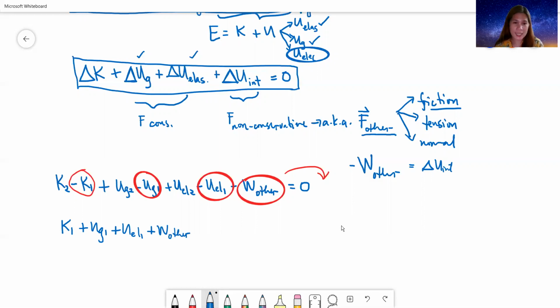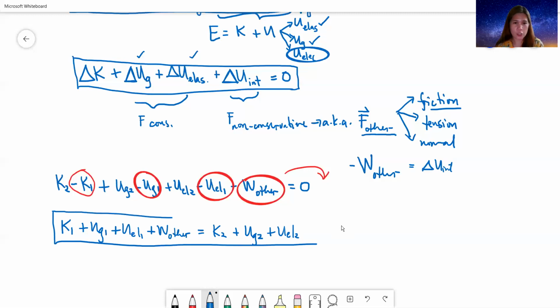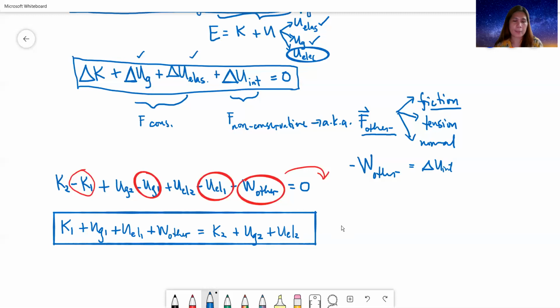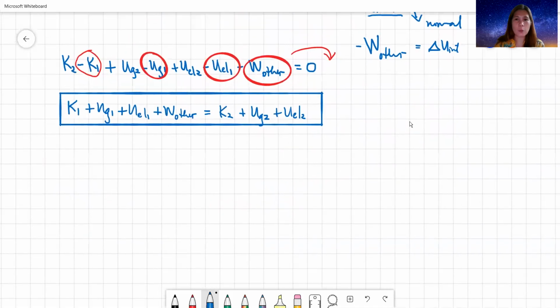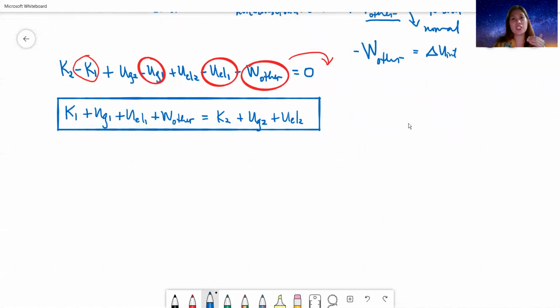Okay? Actually, this is plus or minus, depende sa ano. Pero pag obvious na ang other force is friction, automatically sa equation nyo, ima-minus nyo yan. And then equals, you have your kinetic energy final plus UG2 plus U elastic 2. So this is now our complete conservation of mechanical energy equation that we will be using in any system. So pag klaro sa problem, for example, na walang spring, walang friction, it's just a change in height. Therefore, itong equation natin na